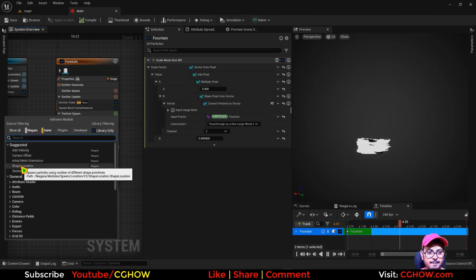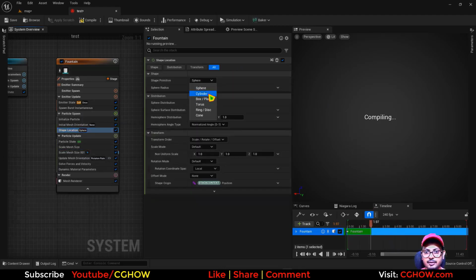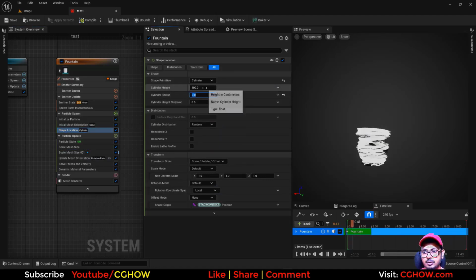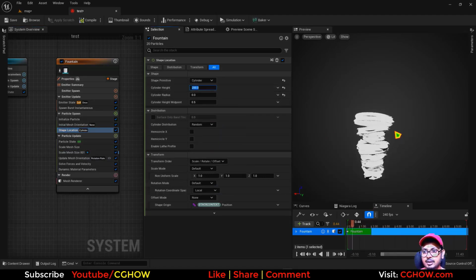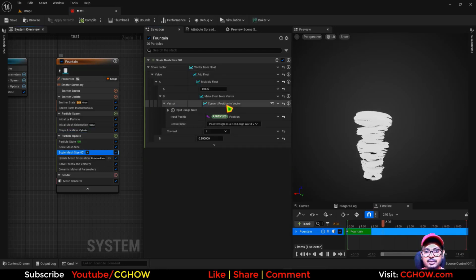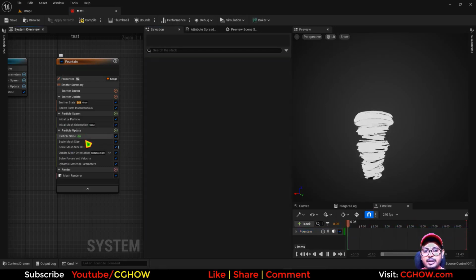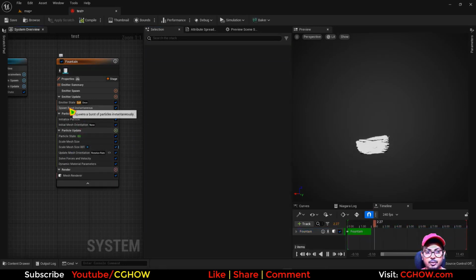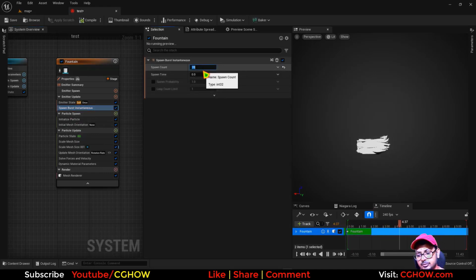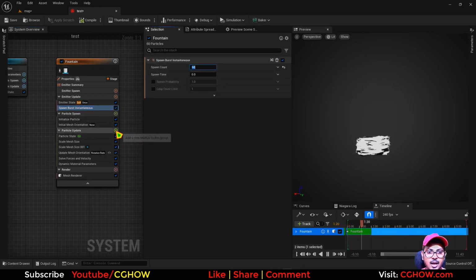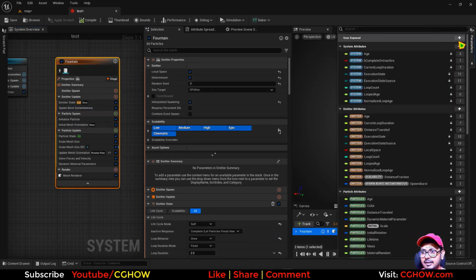Like if I take the Shape Location again, and set it from 0 to 100 or 200, you can see the particles which are here on the top of the cylinder are bigger, and on the bottom they are smaller according to the height. So this is what is happening here. So I don't need this Shape Location spawn. I have 20 particles. Let's use maybe 60. And what you have to do, select this and search here for